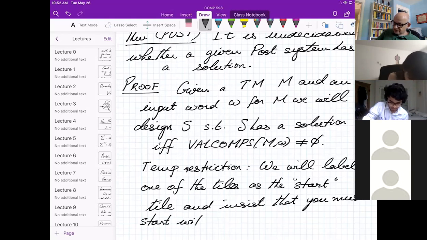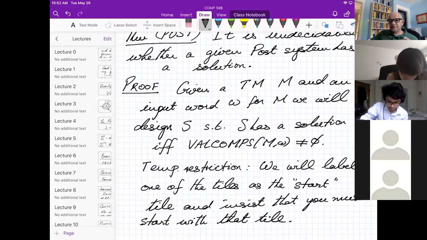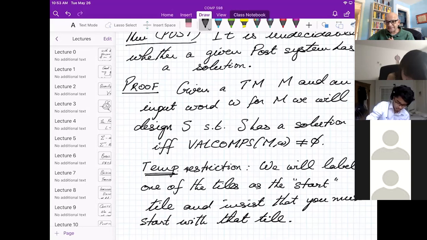Now, this is obviously not the post correspondence problem anymore. It's a restricted thing. It'll just make it easier for us to design the tiles, but it's simply not classic PCP anymore. It's a modified version. But at the end, we'll show you that this modification was only temporary and just for the convenience of presentation.